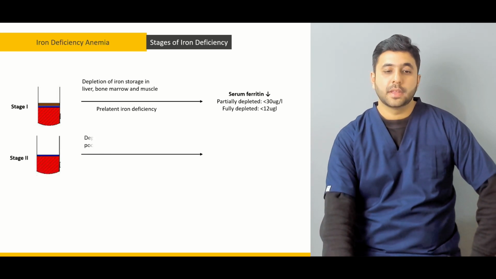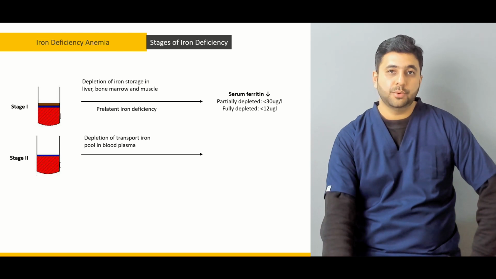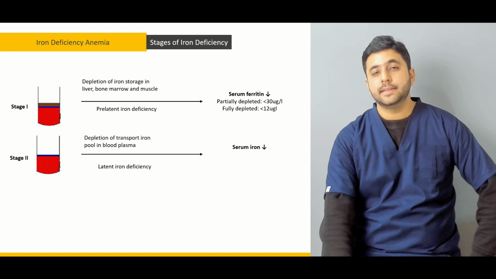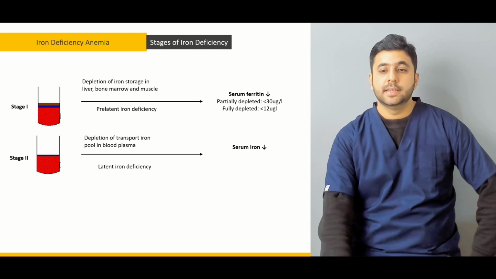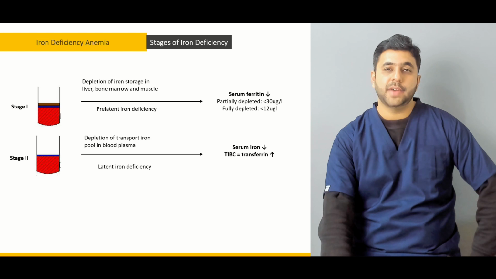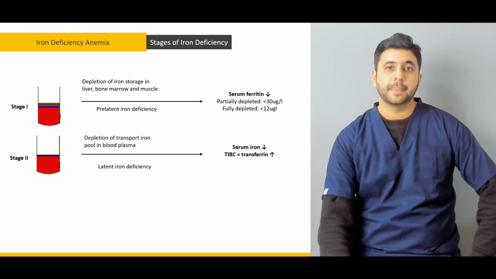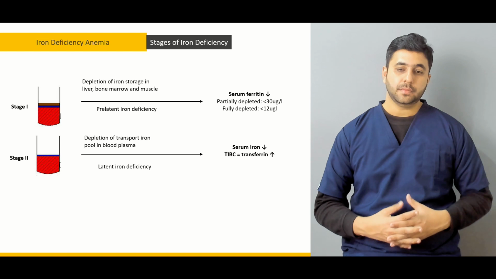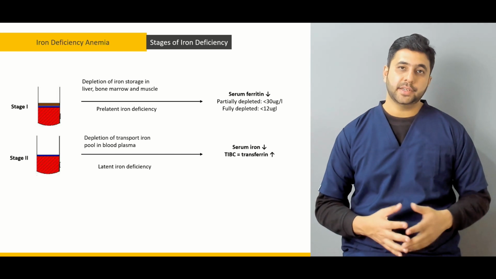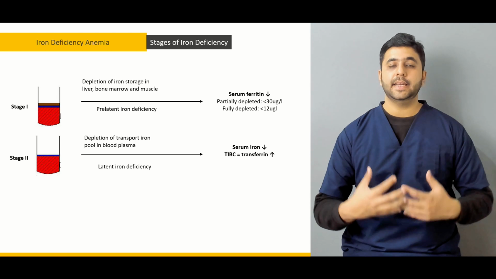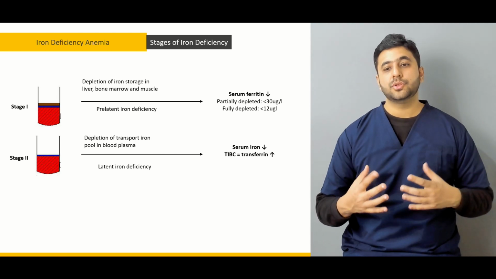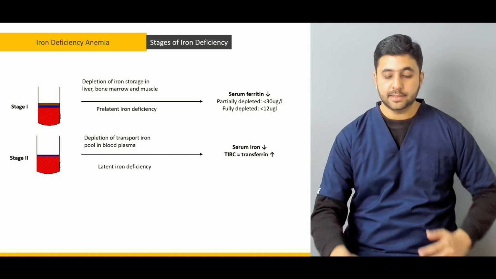In stage 2, we have the depletion of the transport iron pool in the blood plasma. After the depletion of the storage pool, there is a depletion of the transport iron pool in the plasma. That is classified as a latent iron deficiency. At that stage, the other indices apart from the serum ferritin start going down. Serum ferritin is already low. Transferrin, or the total iron binding capacity, the capacity of iron to be bound to transferrin, and the transferrin protein production are increased